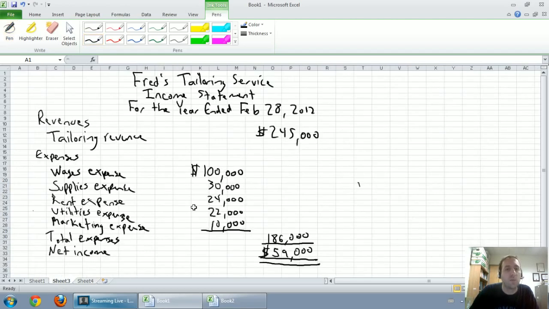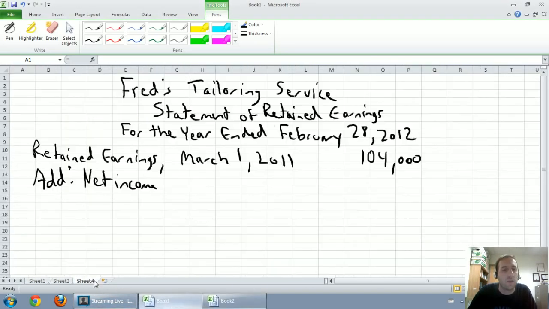Our net income comes from our income statement that we prepared earlier, and our net income was $59,000. So let me fill that in. Net income of $59,000. We're going to subtotal here. For this subtotal, we don't have to write a name or any words, we're just going to write down a number. So our subtotal, 104 plus 59, is